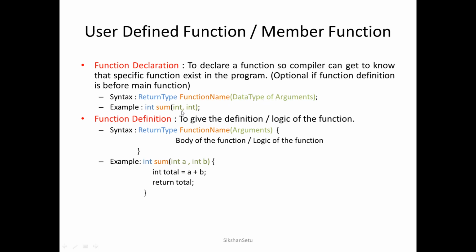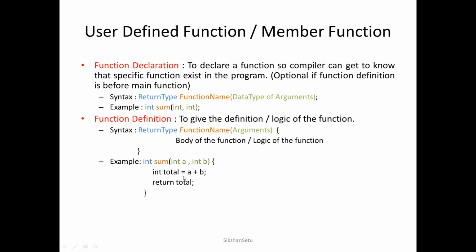You can see here we have only written integer, but when you define a function you are supposed to write the data type along with the variable name. Here you can see data type along with the variable name and then the body of the function. So for example, in the sum function the name is sum. We will take two integer arguments. We have given the names integer a, integer b, and that particular function returns integer.